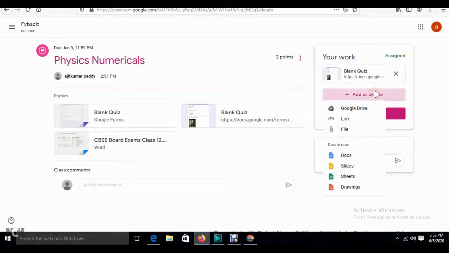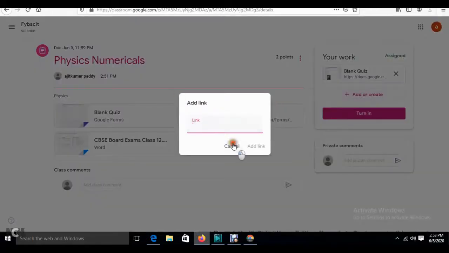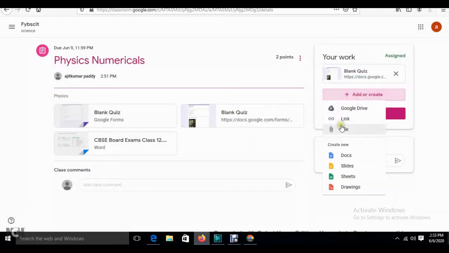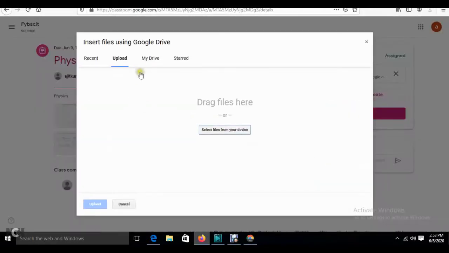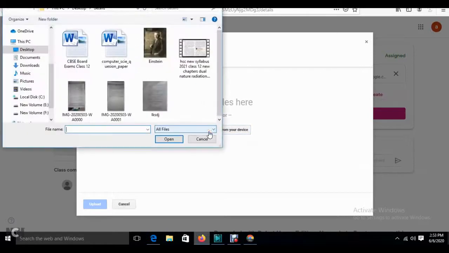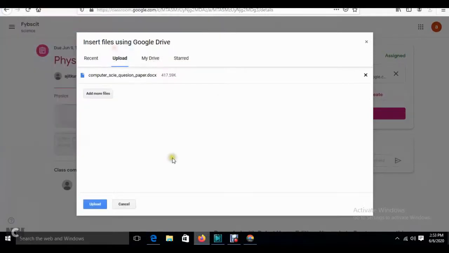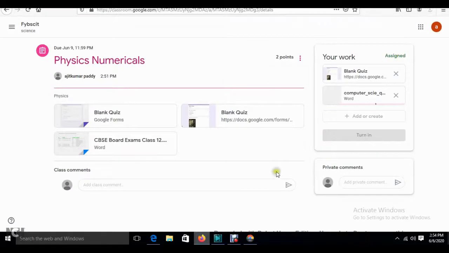Then you will go to the file, go to upload, and take the different answer sheet that the student has written. Okay, done.